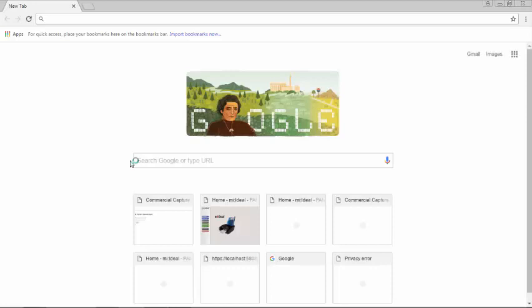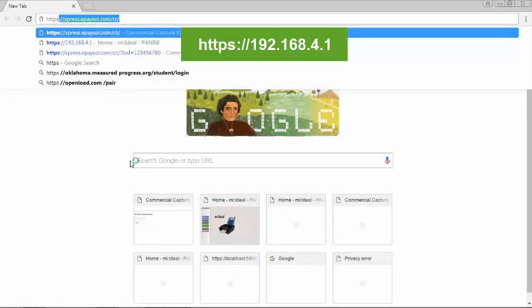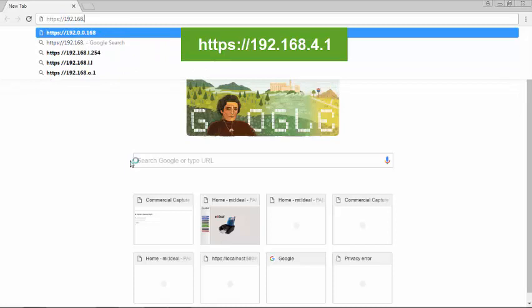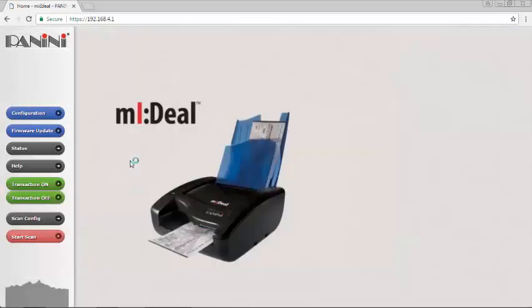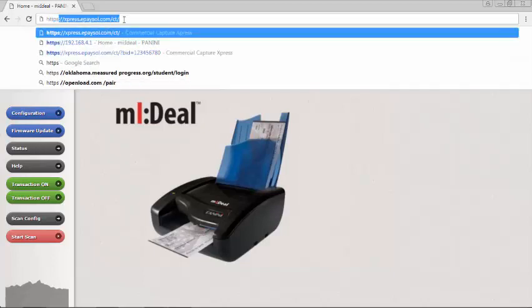at https://192.168.4.1 to make sure the scanner is connecting correctly. From this point forward, you will always need to navigate to this mIDeal with https://. It has been set to use HTTPS. And any mIDeal with HTTPS disabled will need to be connected to at just the address with no leading HTTPS. Now that we have the certificate installed and we are able to successfully connect to the mIDeal at the HTTPS address, we should be ready to navigate to the remote deposit site and begin setting up the profile to use